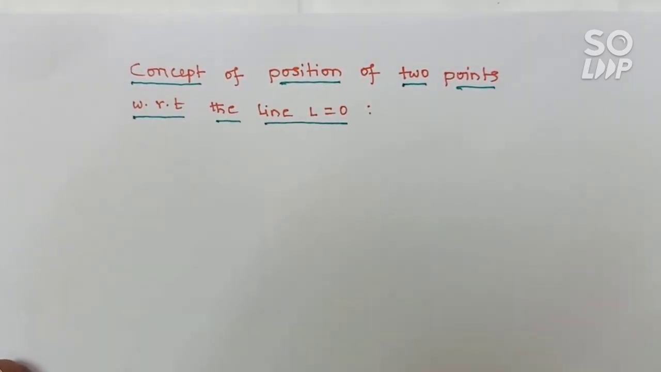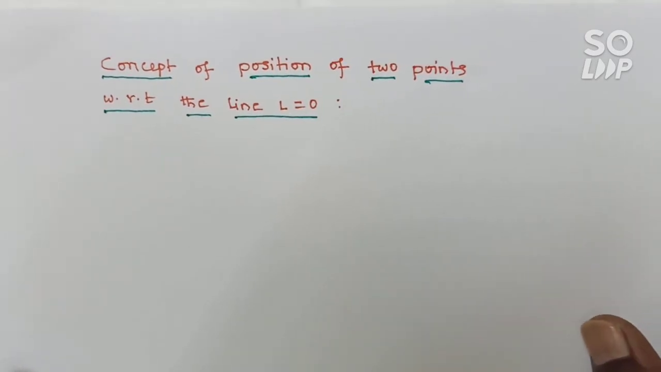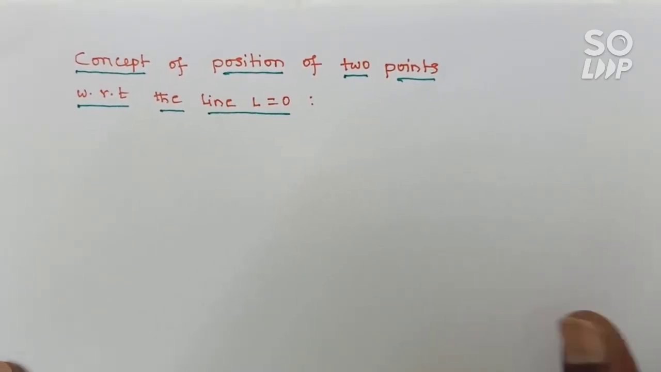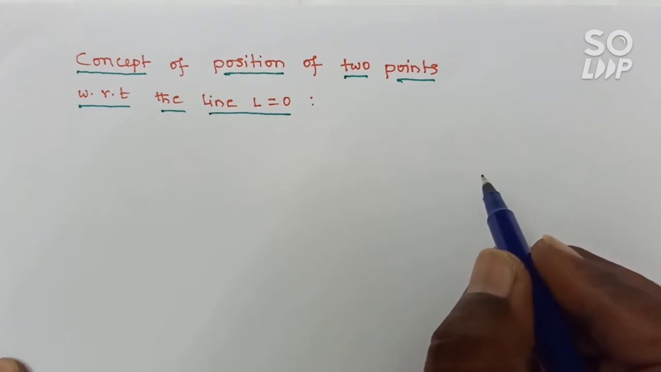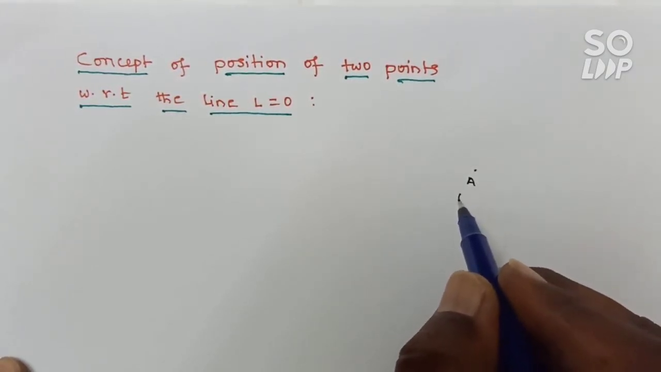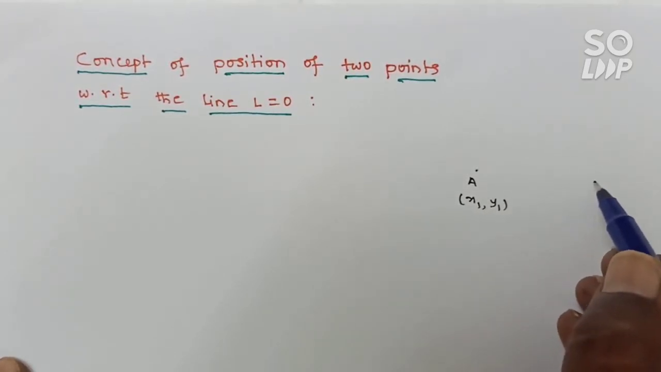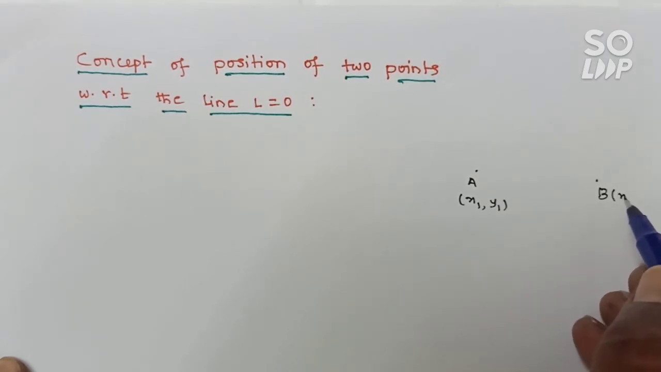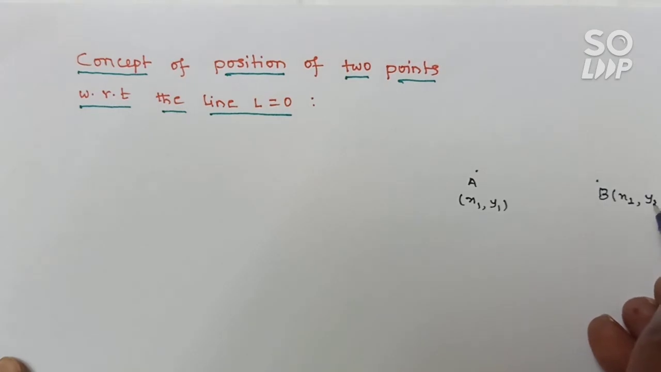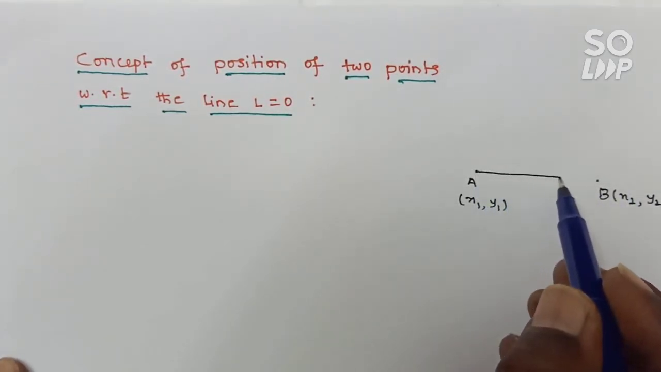Suppose you take 2 points in the plane. See this one. Here this is 1 point, let it be A equals x1 comma y1. And the other point B equals x2 comma y2. Now by joining these 2 points,